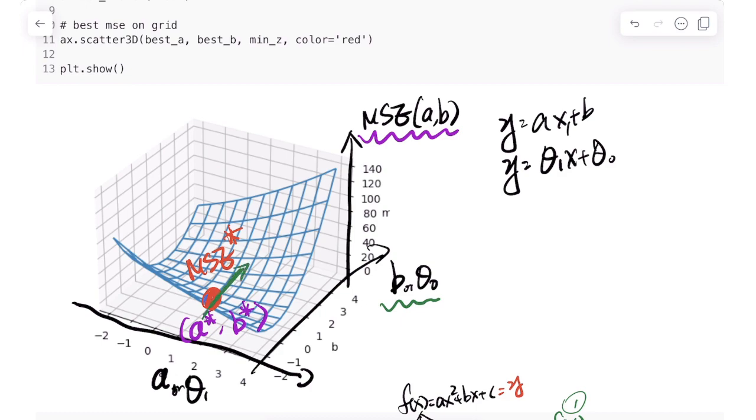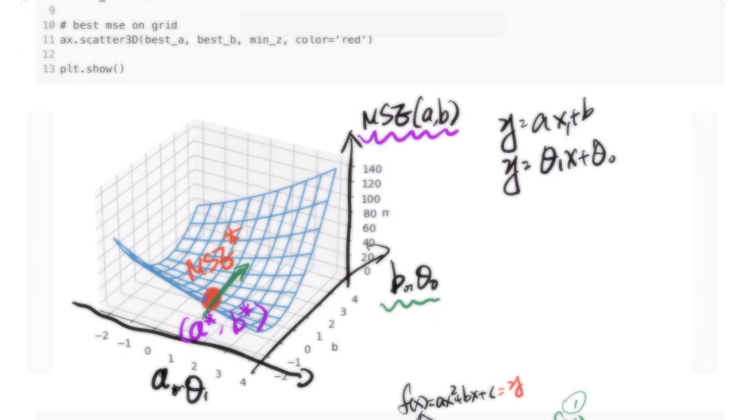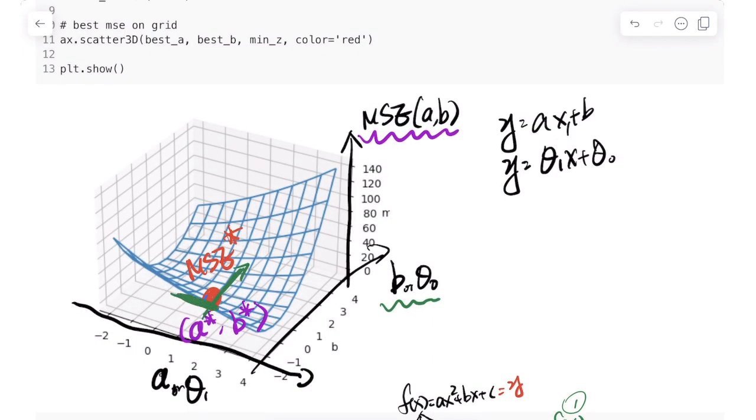The tangent line at the A direction should be 0, something like that. Because this MSE value would be the smallest value in this basin, in this bowl, right? Smallest value. So its tangent line, no matter if it's in the B direction or the A direction, should be both